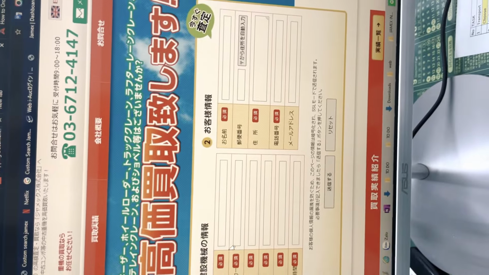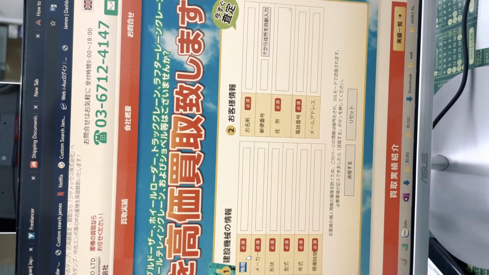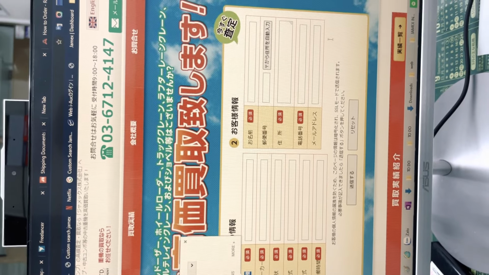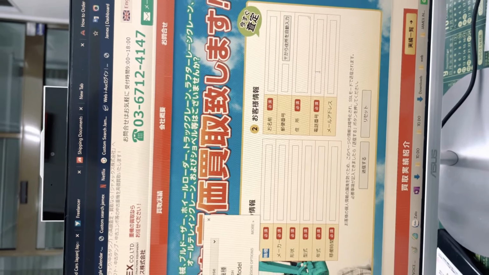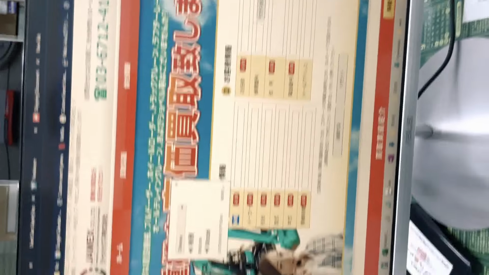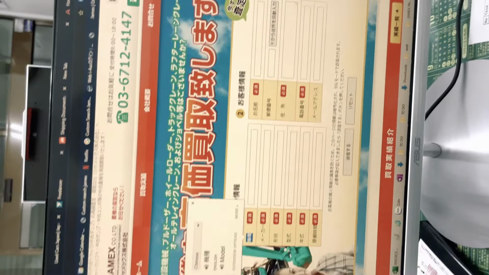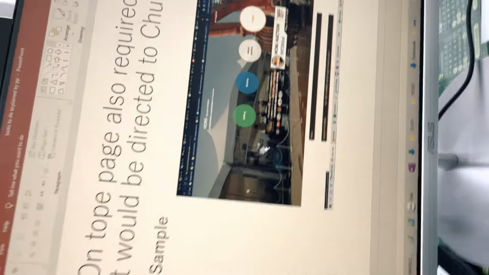This says that if you want to sell something, write the maker, model, year and enter its photos, and then an email will come to us. You can write exactly the same there, we don't mind.